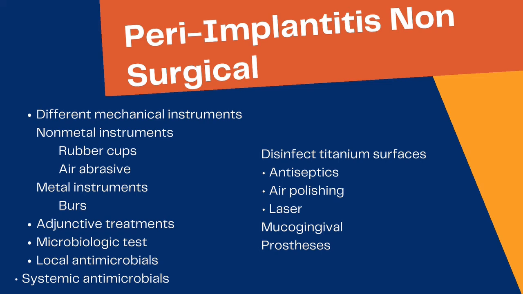Also, any processes to be corrected can be corrected at this stage. For example, if the surface of the processes is rough in the cervical region and it is aiding in plaque retention, then it can be smoothened to create a self-cleansing area so that there is no plaque accumulation.